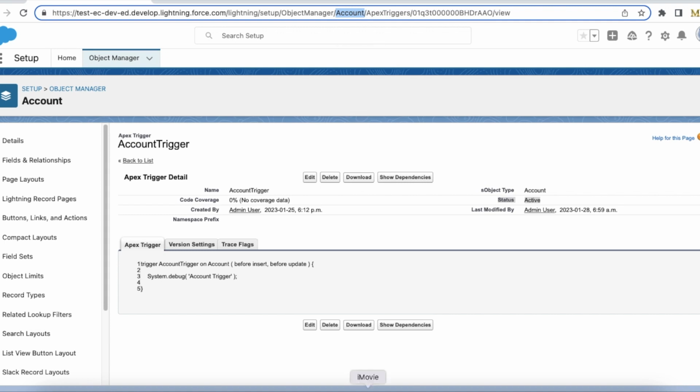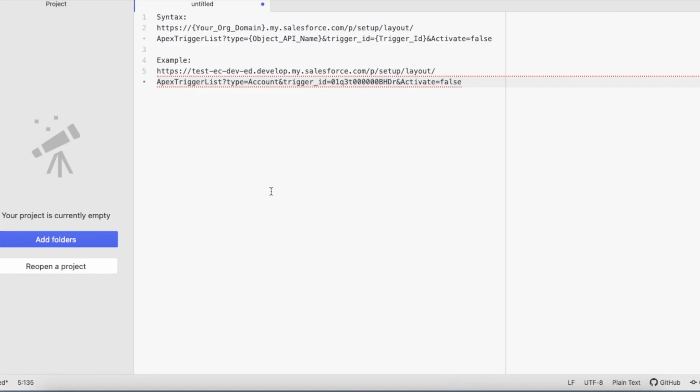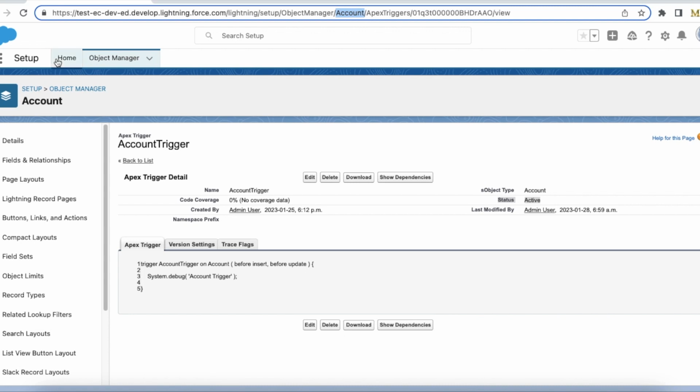So now, in order to deactivate a trigger without editing it in setup or without any deployment, you can make use of this syntax. So first, get your org domain. In order to get to your org domain,